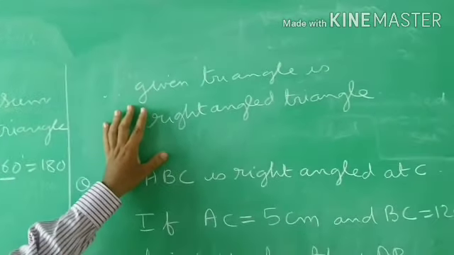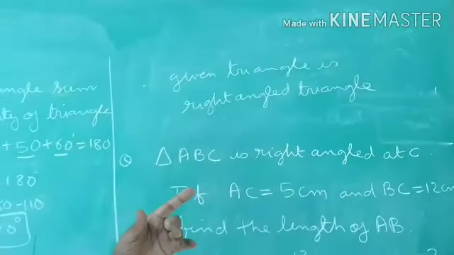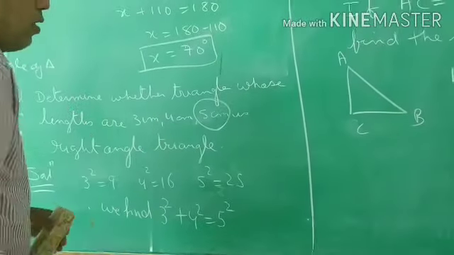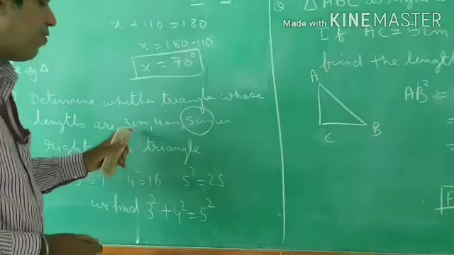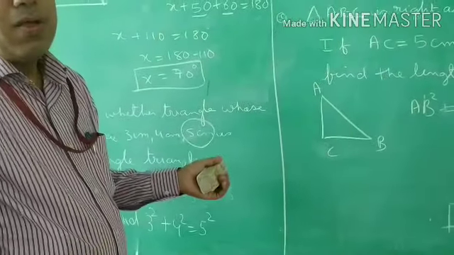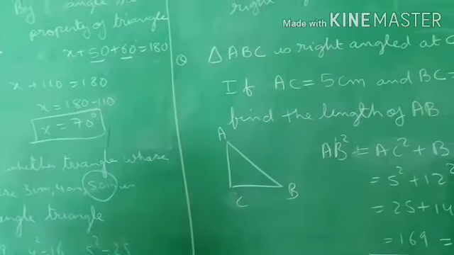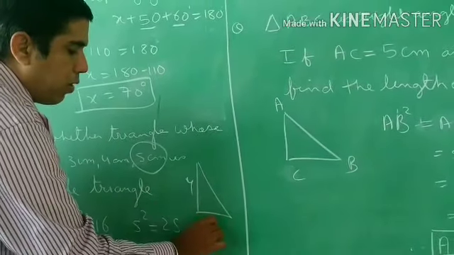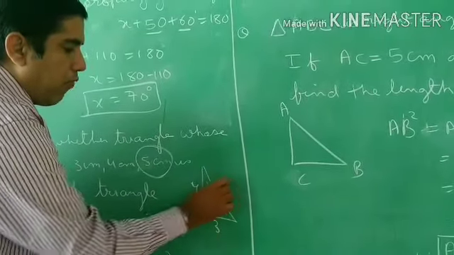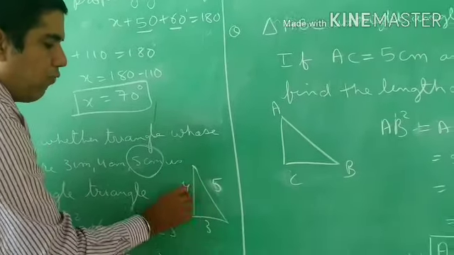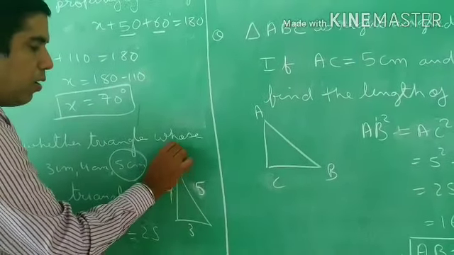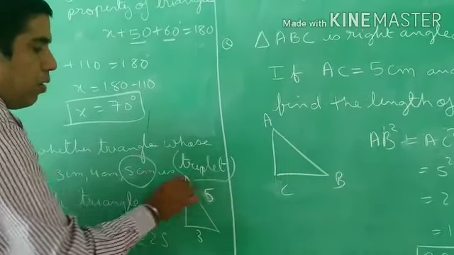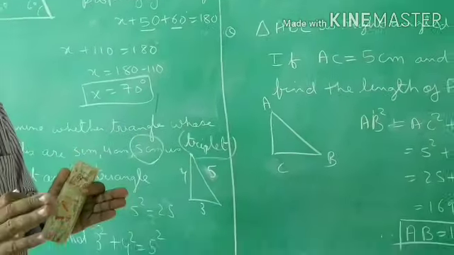Because it is true, and you know the longest side is the hypotenuse. So which is the longest? You can see here the longest is 5. So 5 square is equal to 3 square plus 4 square. So it means it is true. It is a right angle triangle. It comes like this: 3, 4, 5. It is a triplet. We say it as a triplet. Triplet means three numbers having some relation.